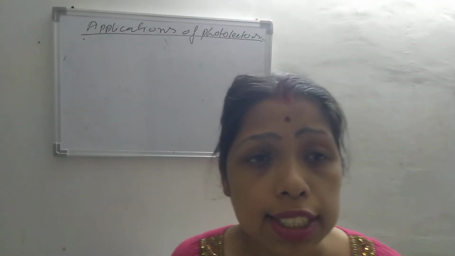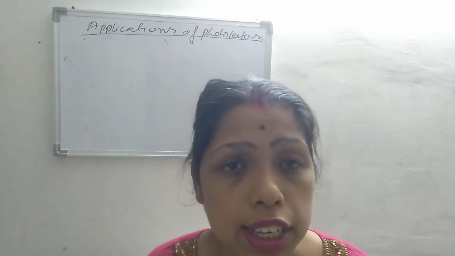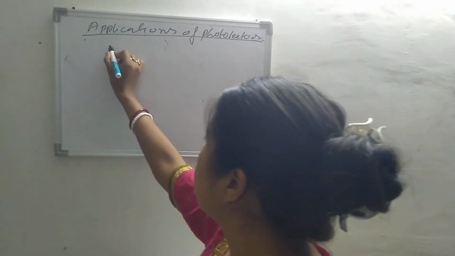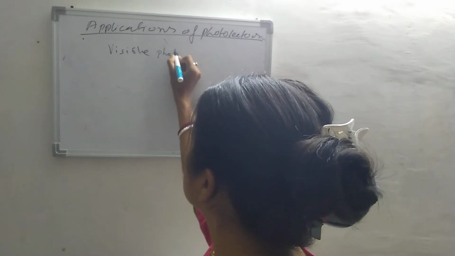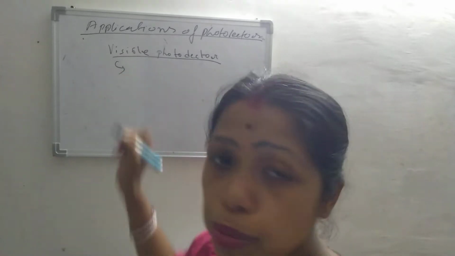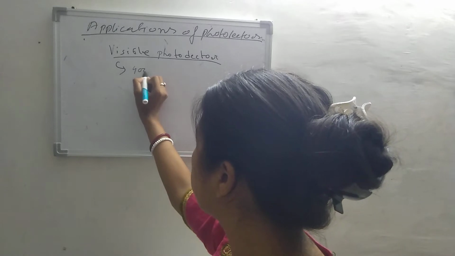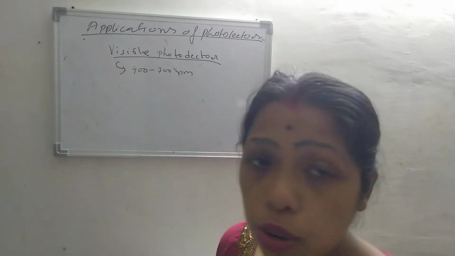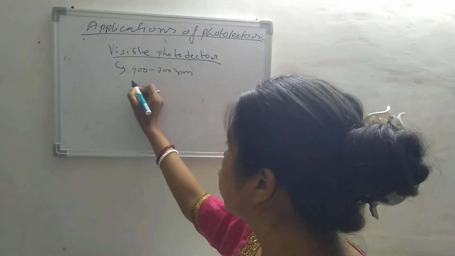Now, we can divide the photodetector into three parts in terms of wavelength. Here I can tell about the visible photodetector. The visible photodetector has a wavelength range in the visible region, right? The visible region wavelength range means 400 to 700 nanometer. Where can we use this visible photodetector? We can use this photodetector in the